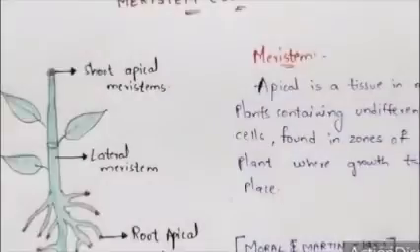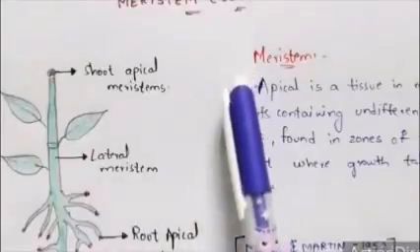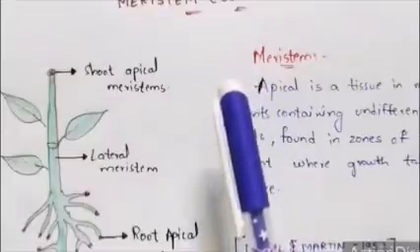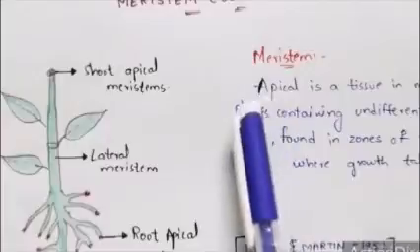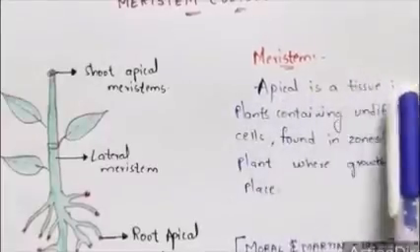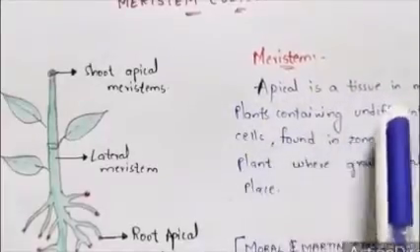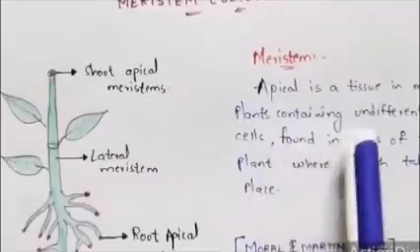In this video, let us discuss meristem culture. Before entering into meristem culture, firstly you have to know what is meant by meristem. Meristems are of two types: apical meristem and lateral meristem. The apical meristem is a tissue in most plants containing undifferentiated cells found in the zones of